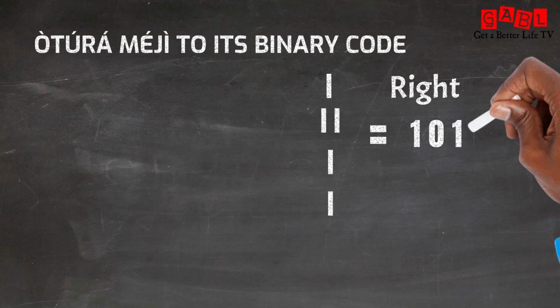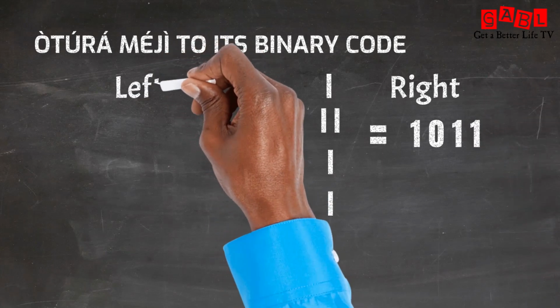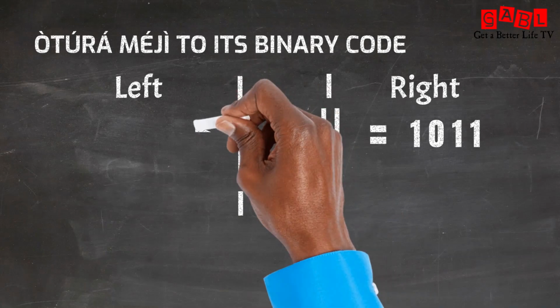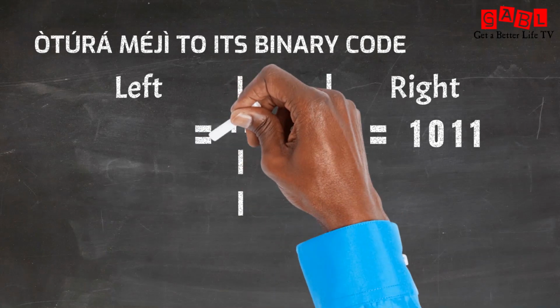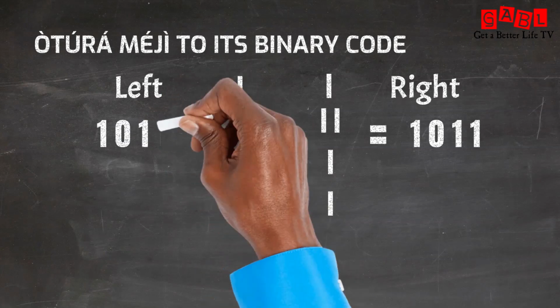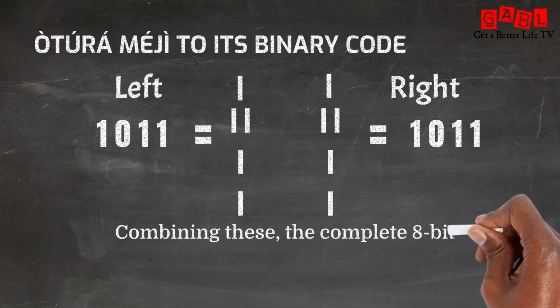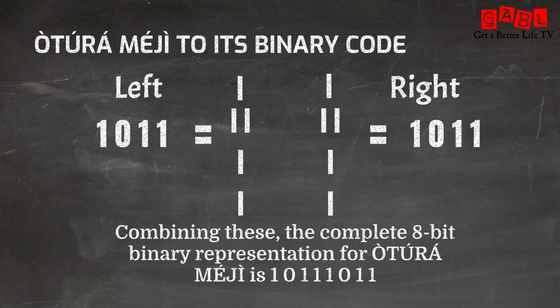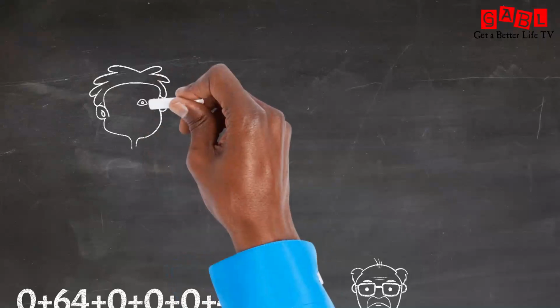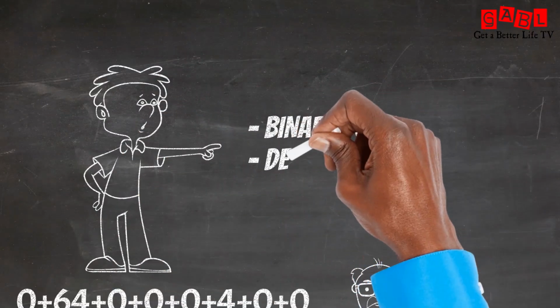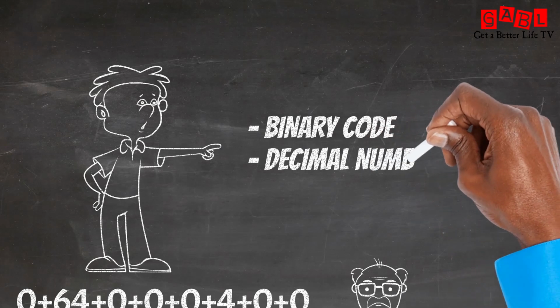The left column also has single line, double line, single line, single line. This translates to 1, 0, 1, 1. Combining this, the 8-bit binary representation for Otura Meji is 1, 0, 1, 1, 1, 0, 1, 1. Now, converting this binary code to its decimal equivalent, we have